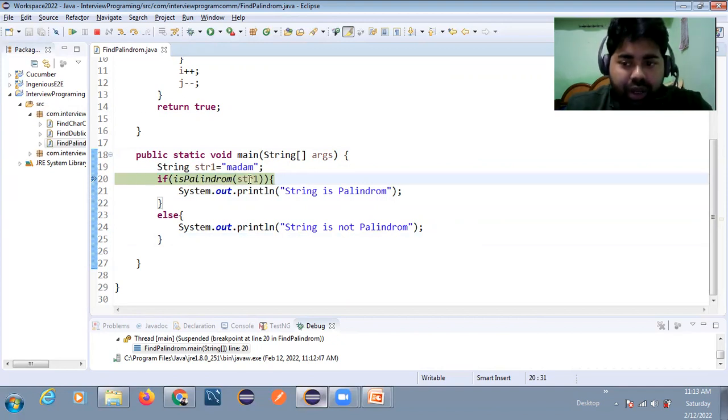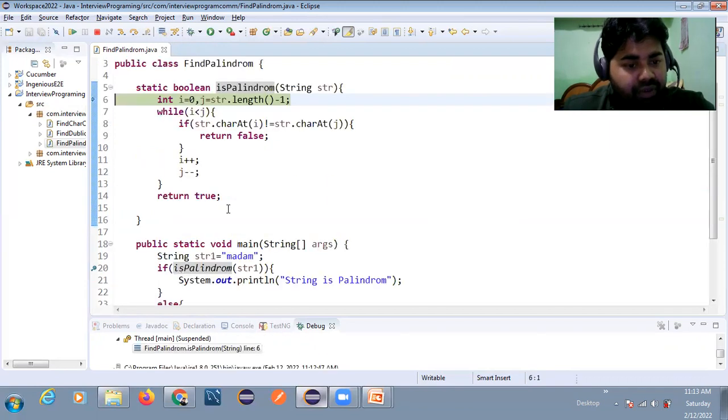From here we are going to debug, because this is our method. You can press F5 for step into or F6 for step over. I'm going to press F5.